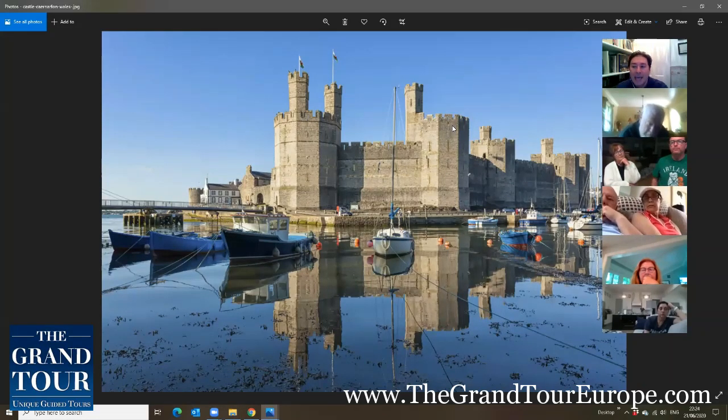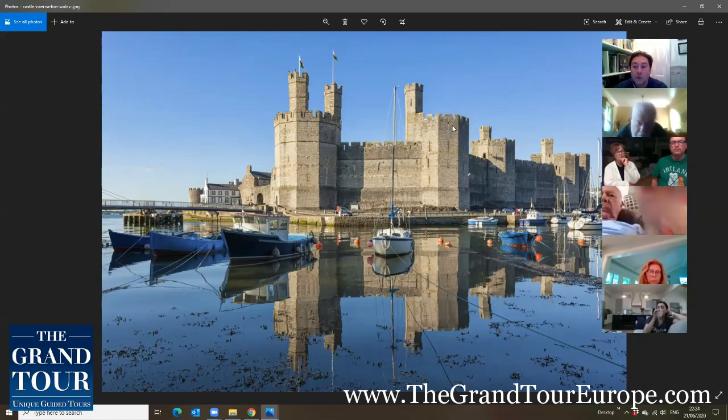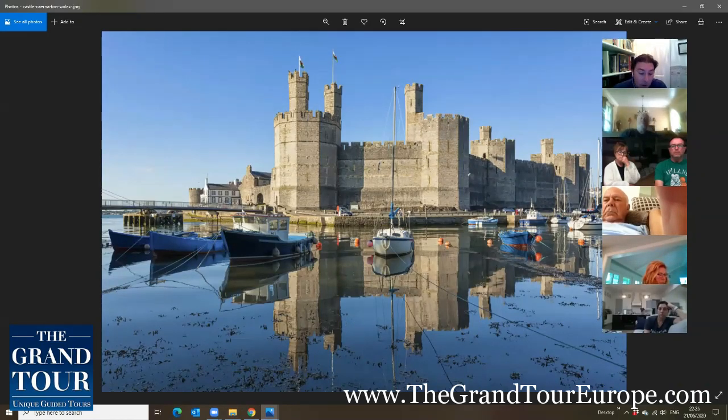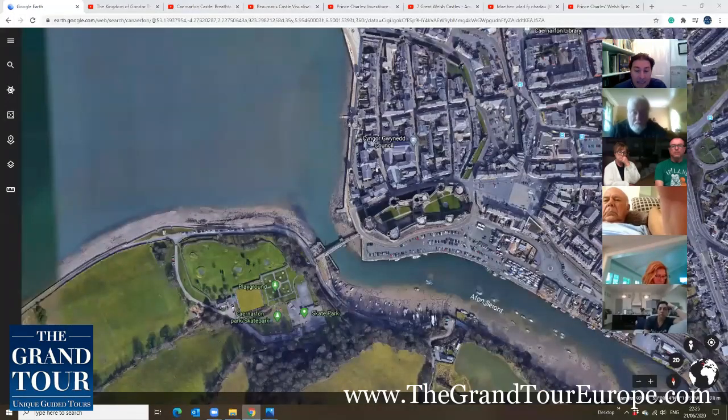So King Edward was reconnecting with this ancient Welsh myth in order to create an image of power, which was also something that the locals would recognize, because they knew the legend that there was an amazing castle in the area, home to a beautiful queen, and it was a way to appropriate the culture of the Welsh. So I said it was built in only 4 years, and it was